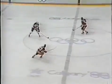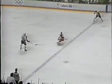Leach shoots it in around the boards. 52 seconds left in the U.S. power play. And back out it comes to center ice. So the American team has to regroup. Leach starts in with it, has it poke checked away. Up ahead, Weekoff skating in, and Terreri luckily made the save as it trickled behind him and off to the